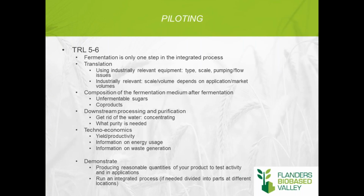And then downstream processing, as already mentioned, you want to get rid of the water. Actually, when you're dealing with fermentation, you have maybe 10% of the product when we talk about good yields already. So it means that more than 90% of your medium is water, from which you want to get rid of. So concentration is an important step here, and can be done with filtration, centrifugation, but also evaporation, for example,